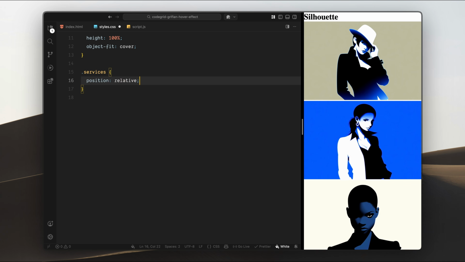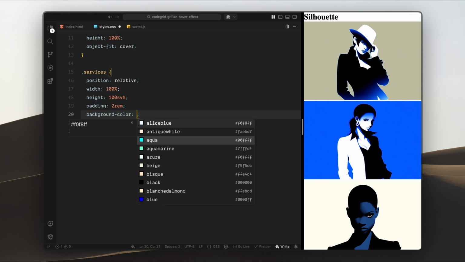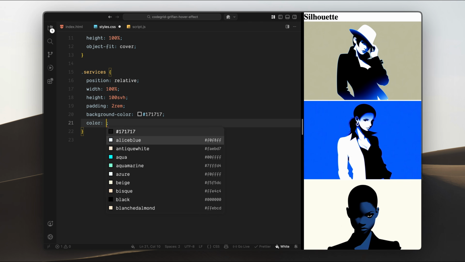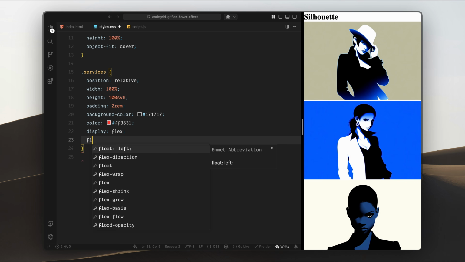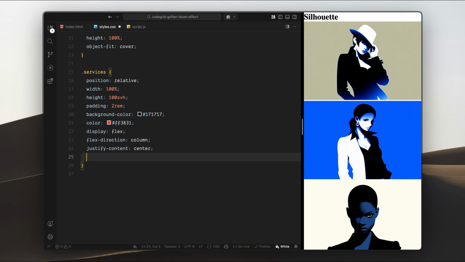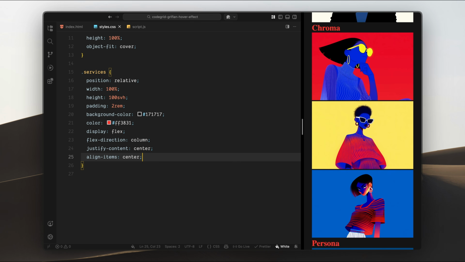I'll set it to relative positioning, make it take up the full width and full viewport height, and then add some internal spacing around the layout. For the background, I'm using a very dark tone, and then for the default text color, I'm using the bright red accent. Then I'll turn this into a flex container, stack everything vertically, and center the content both vertically and horizontally. So right away, this gives us that clean poster-like layout with 3 service titles sitting nicely in the middle